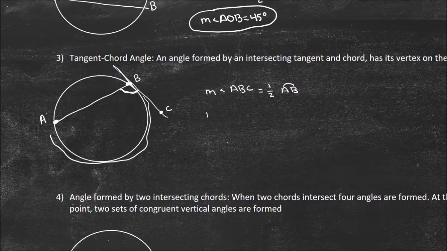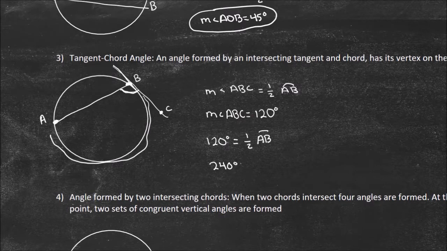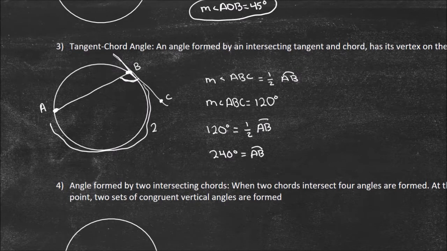So let's say in this example, the measure of angle ABC is maybe 120 degrees. Well, let's plug it in. We get 120 equals 1/2 the arc measurement of AB. Multiply both sides by 2, and I get 240 degrees as the measurement of arc AB. So that is 240 degrees, and this is 120. So again, it's a similar thing where it's twice as big on the outside, 1/2 as